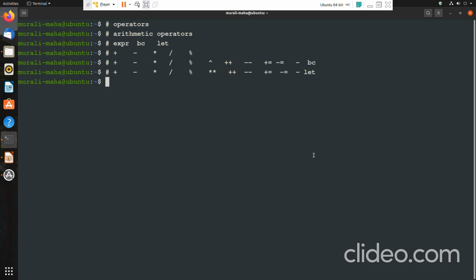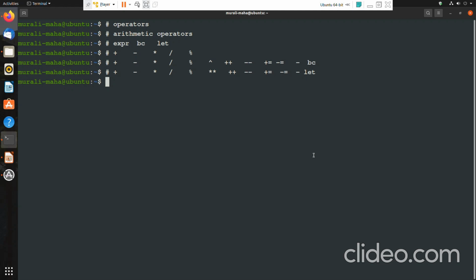I'll just show you quickly a couple of examples in each of these. To go through the detailing of these commands, as I told you already, I will be giving the URL of one of the previous sessions wherein I have explained and even given the demo in detail about these three commands.